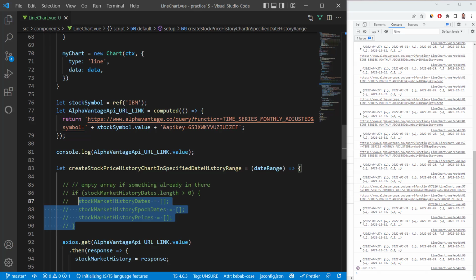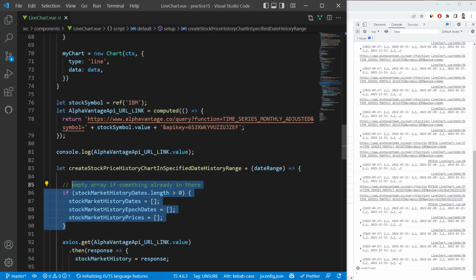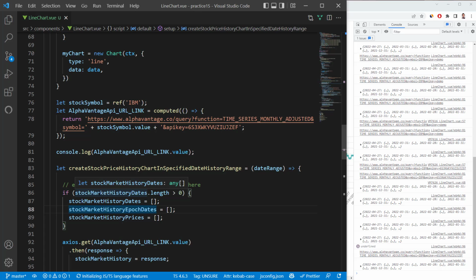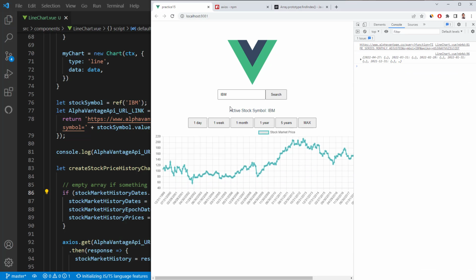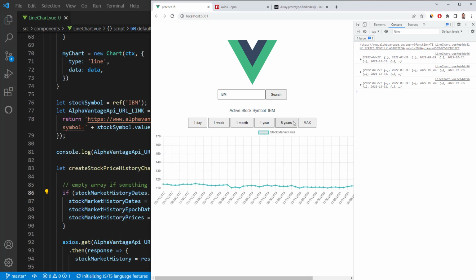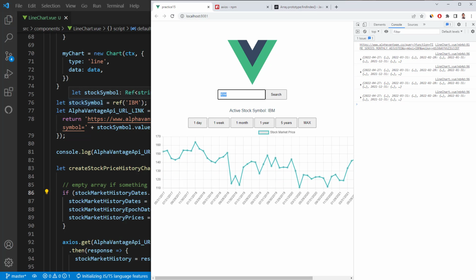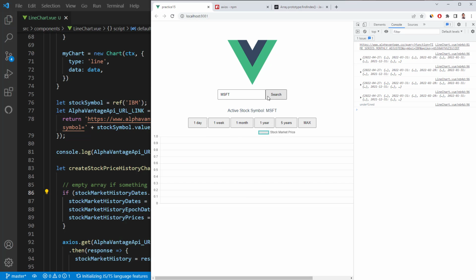I have to add this back in so I don't get the repeated errors. So if the stock price history date's length is greater than 0, and something's in there, then I want it to reset, so that it doesn't repeat from left to right again over and over again on the x-axis. So if I refresh the page, I get IBM 5 years, press it again, and I don't get the repeat. If I type in Amazon, if I type in Microsoft, just to do it again,